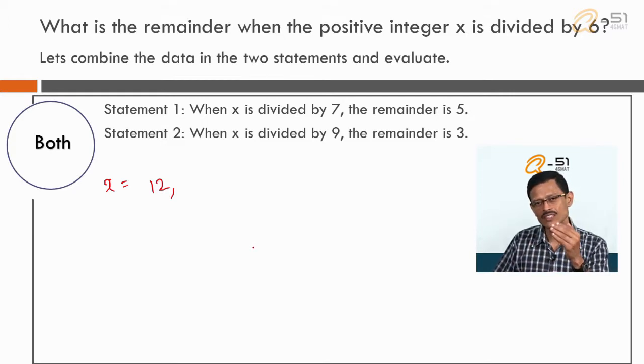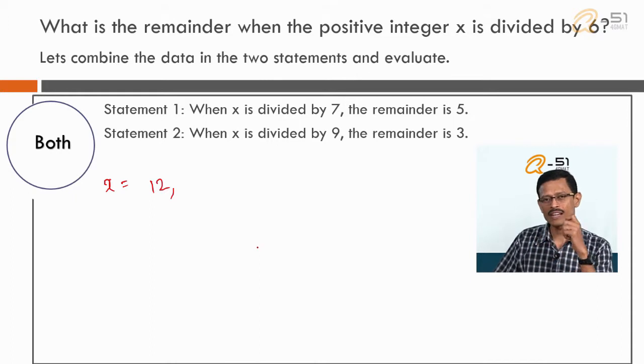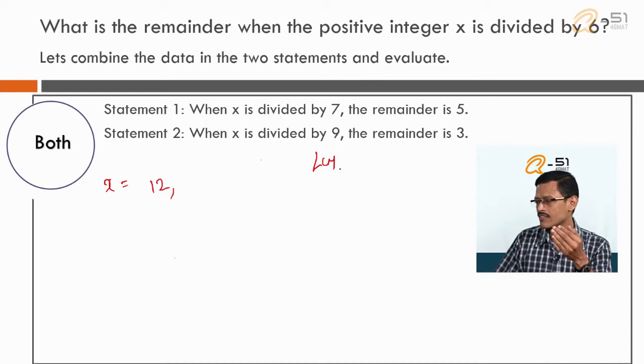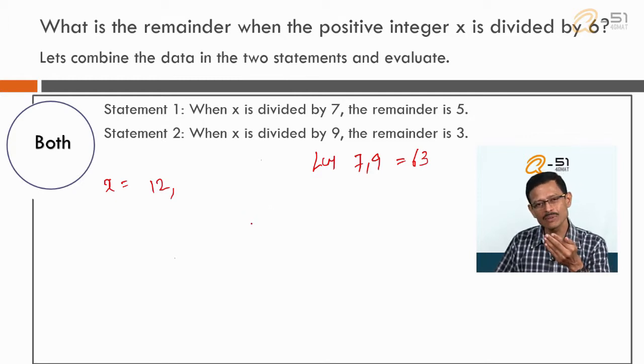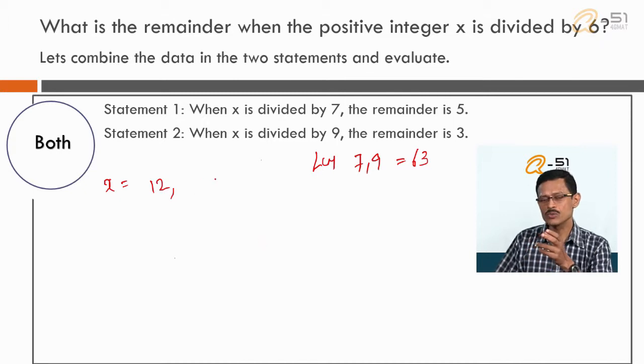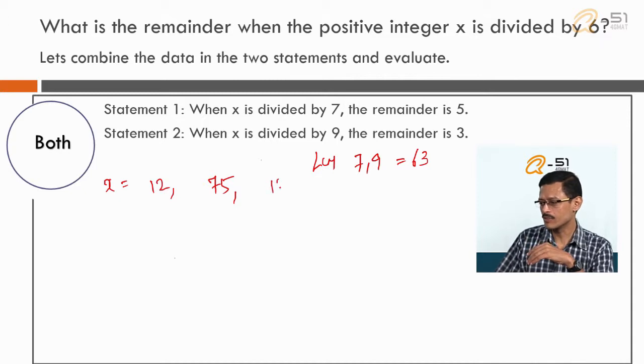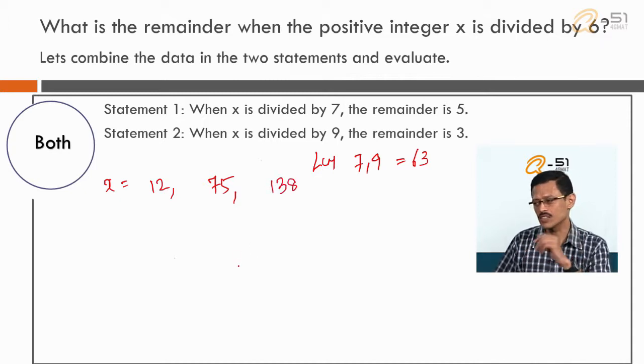The second set of numbers will go in increments of 9. So we have to pick a value which is common to both these sets. In what increment will it go? It is going to go in increments of the LCM of 7 and 9. The LCM of 7 and 9 is equal to 63. So the second number in this sequence, without listing down all the numbers, is going to be 63 more than 12, which is equal to 75. The next number is going to be 63 more than that: 75 plus 63 is 138.